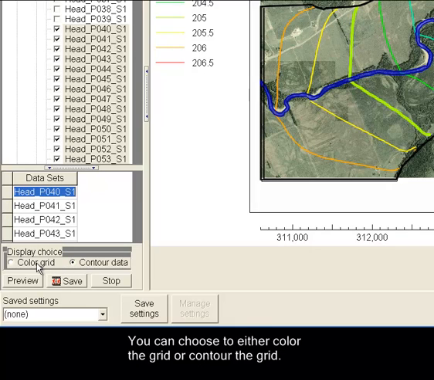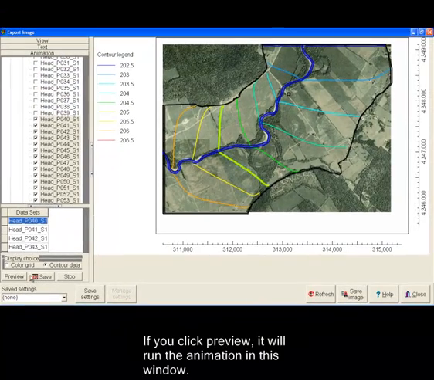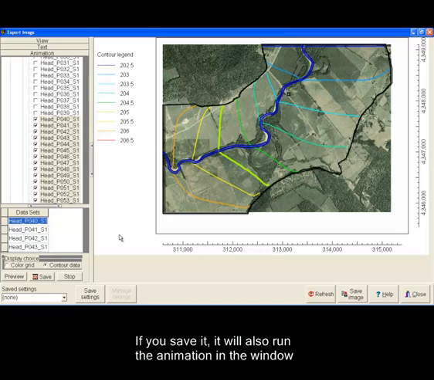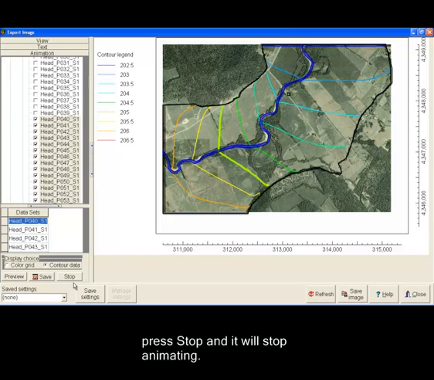You can choose to either color the grid or contour the grid. Whichever one you did here will be selected by default. And you can either click Preview or Save. If you click Preview, it will run the animation in this window. If you save it, it will also run the animation in the window, but for each step it will save a bitmap file to your hard drive. And if you decide that something's gone wrong, you don't want to keep on doing this, you press stop and it will stop animating. So I'm going to click Save,